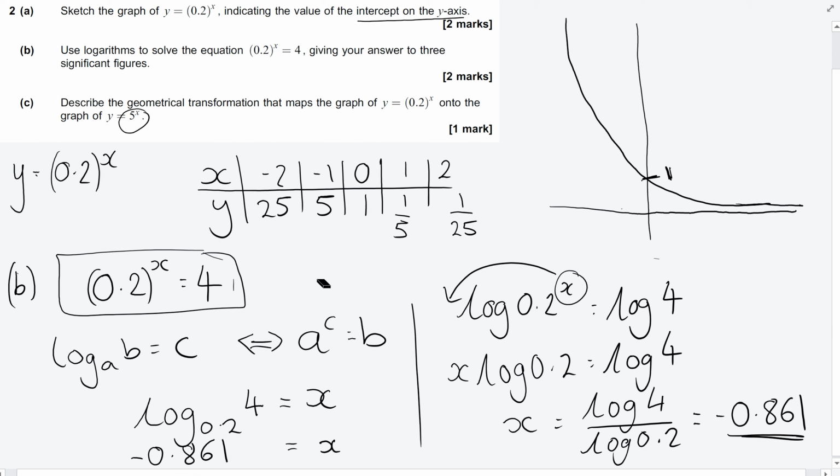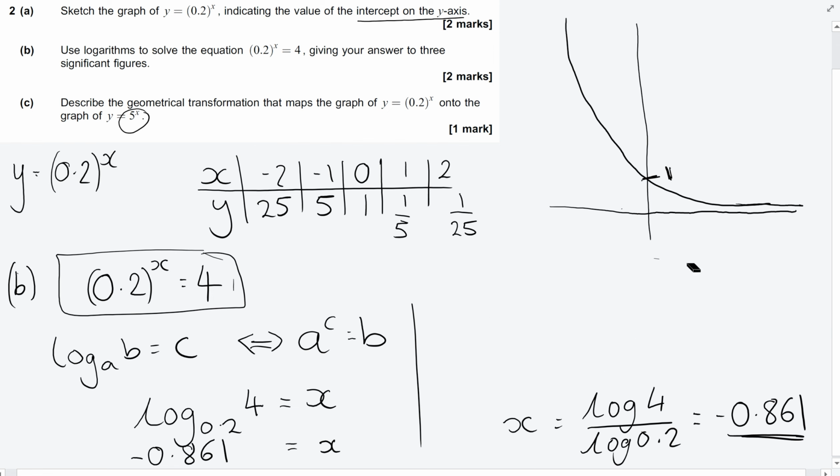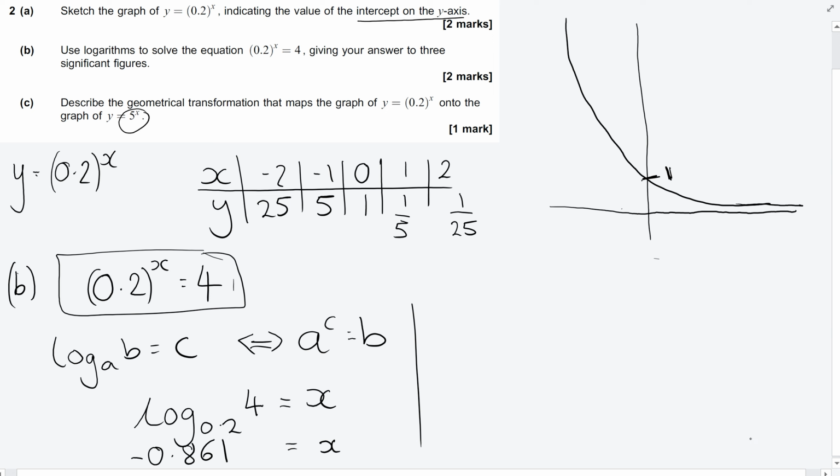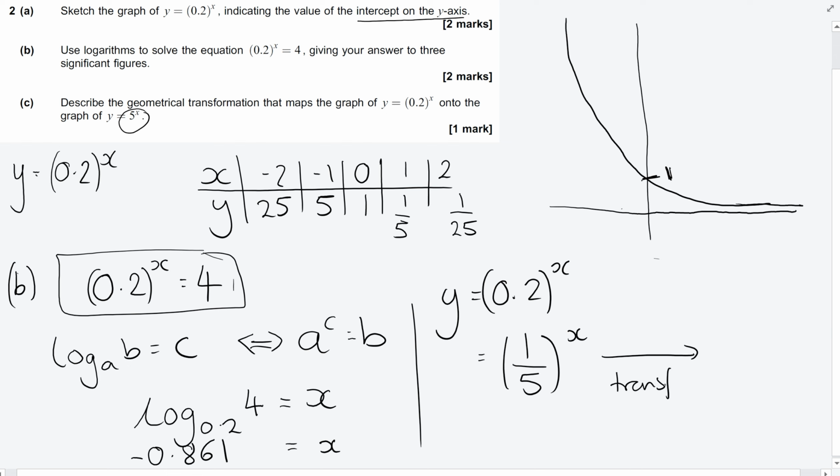And I'll just remove some of the workings here so that we can see a different way of going about this. So it's only worth 1 mark. What we're being asked to spot here is that the original curve y equals 0.2 to the x is the same as 1/5 to the x. And we're looking to say, how do we get from 1/5 to the x? What transformation